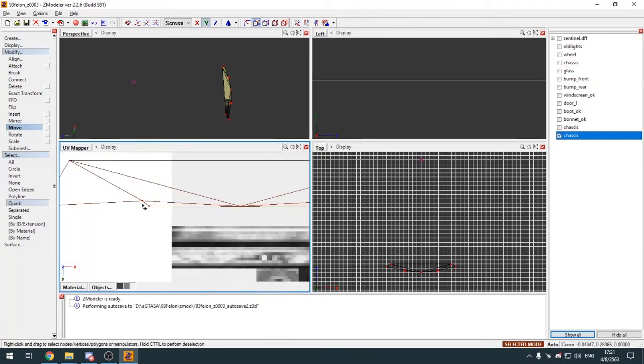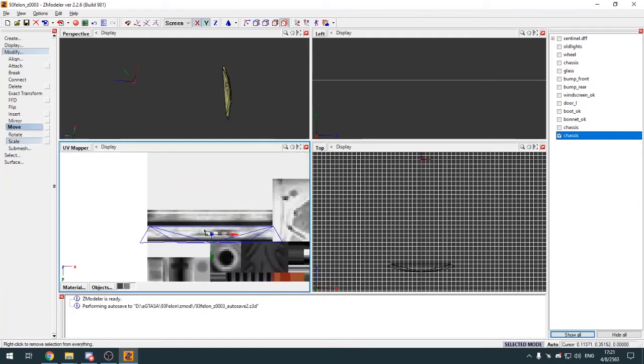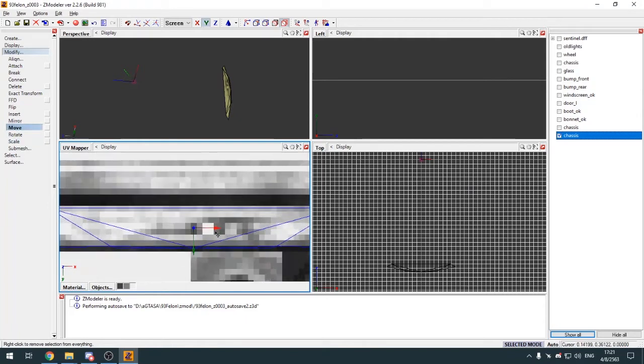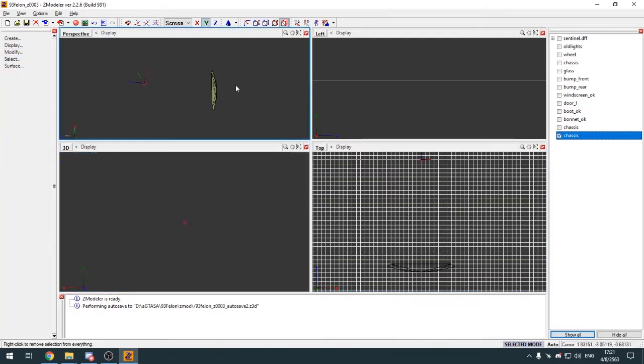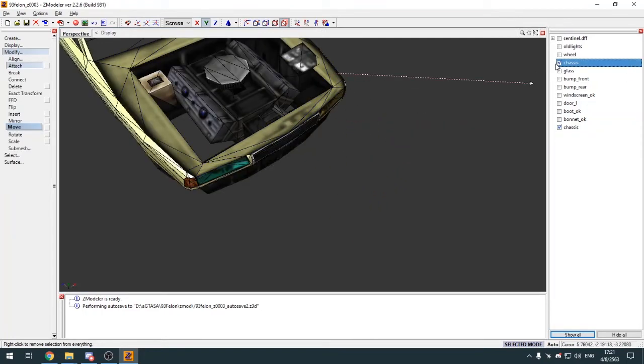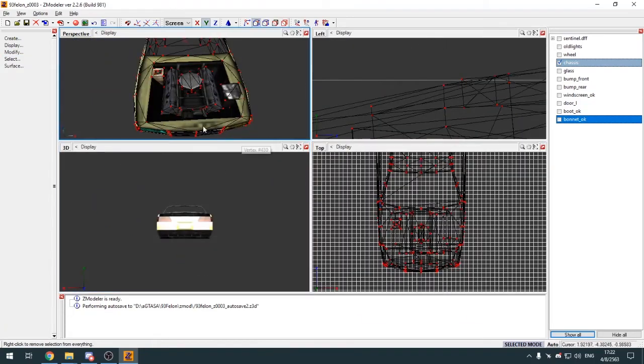Don't forget to save often as well. If anything goes wrong, you can recover it fast. There you go. Get it down a little bit. That should be good enough. Then we attach it back, and attach it back to the car again. We do some small adjustments,